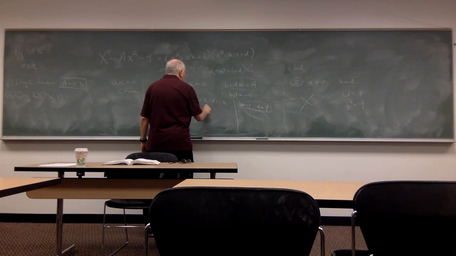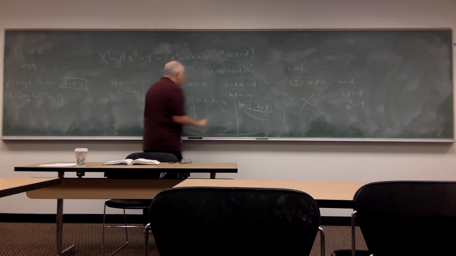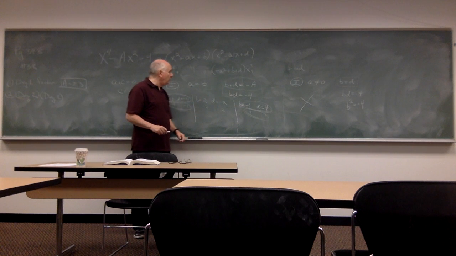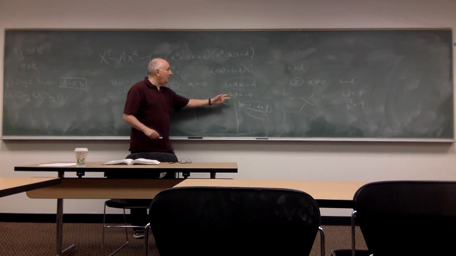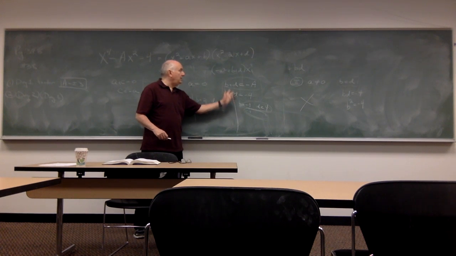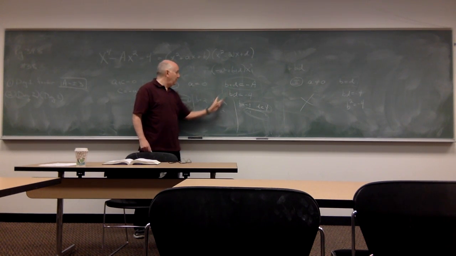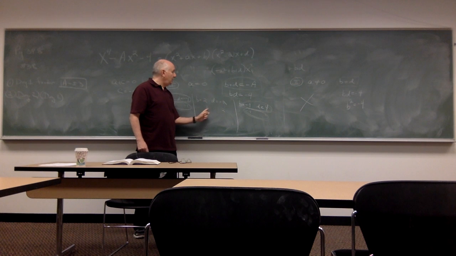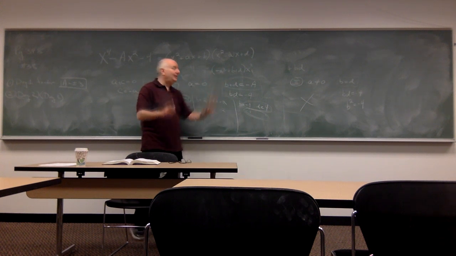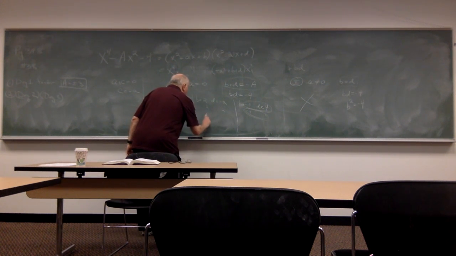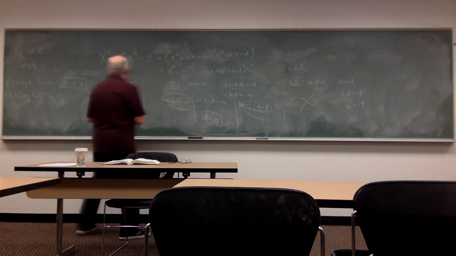Notice I could also consider, instead of 2 and negative 2, negative 2 and 2. But since I'm only interested in what these values of B and D turn into, B plus D, it doesn't matter which one I take, because in both cases B plus D turns out to be 0. And I've come up with one new value of A, namely 0, which actually isn't too terribly surprising,